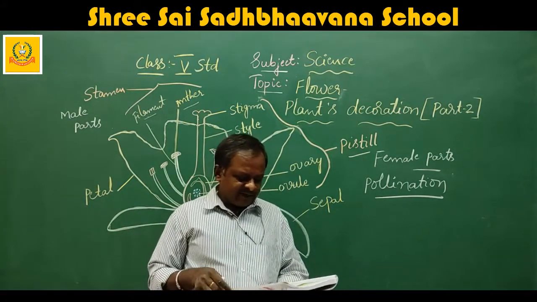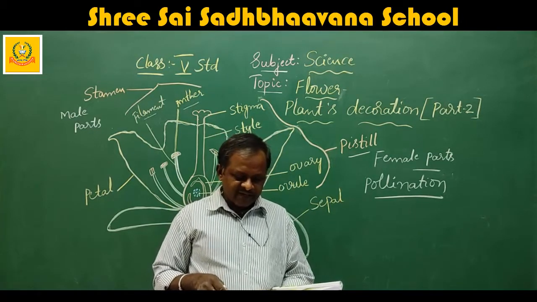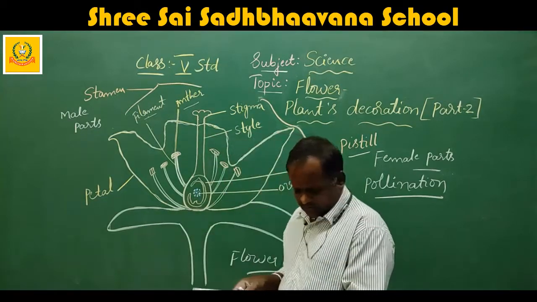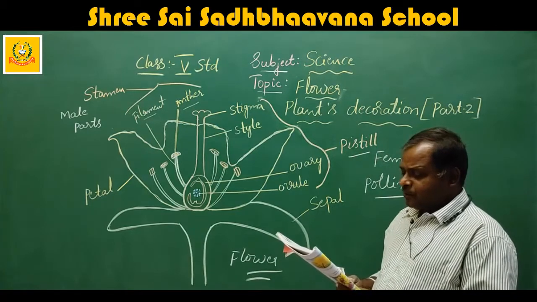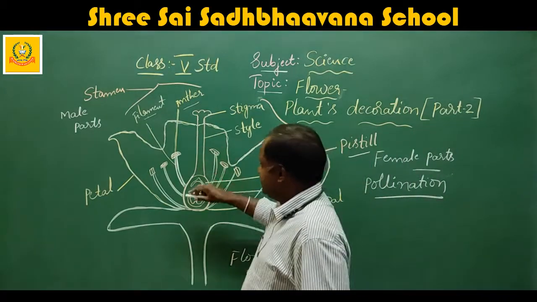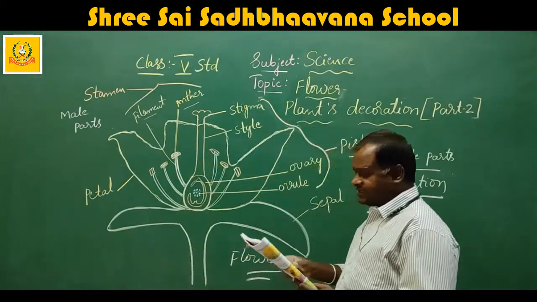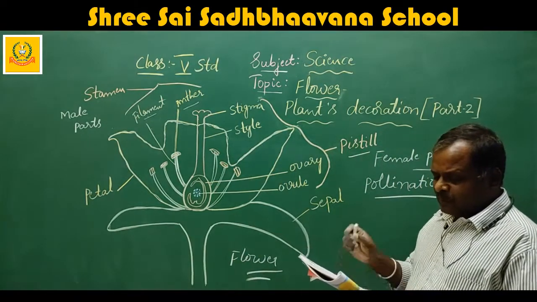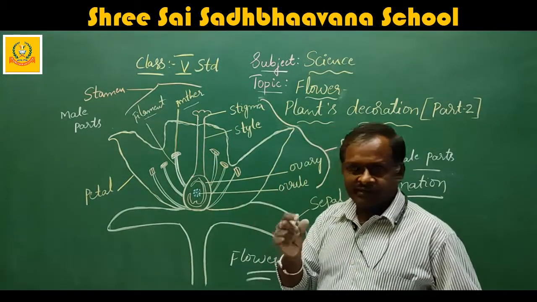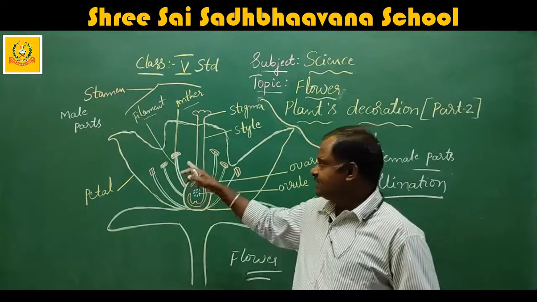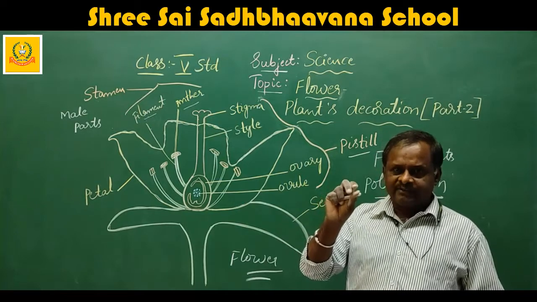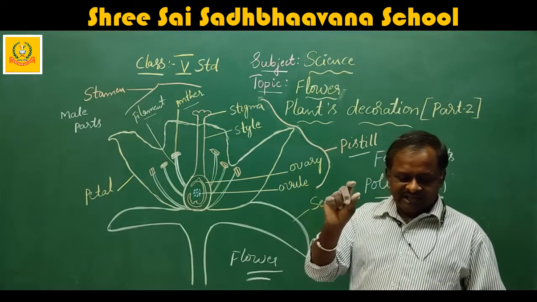The male part of a flower makes the pollen, and the female part of the flower makes the egg. Here they have given the pollination. Pollen is the flower's way of making more flowers. They are powdery grains. When you touch a hibiscus flower, you will get a yellow powder-type material on your finger. That is the pollen.